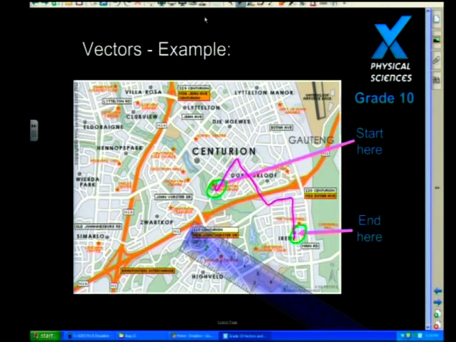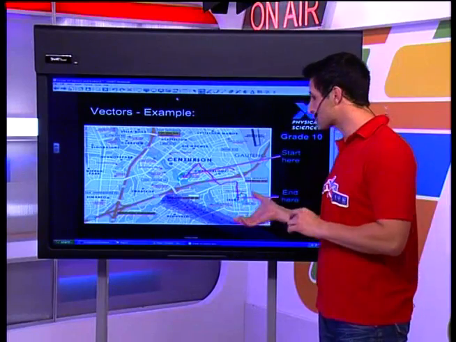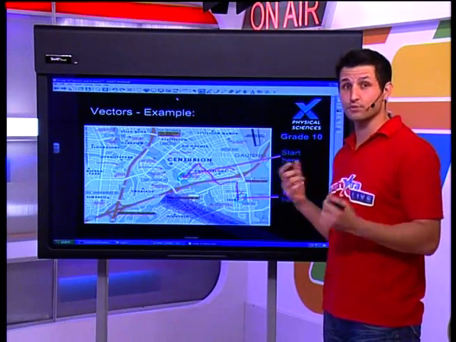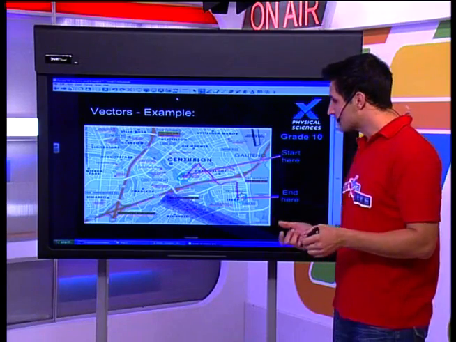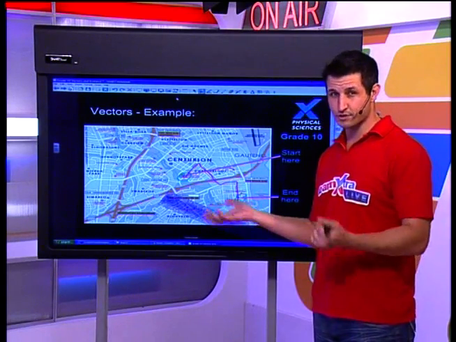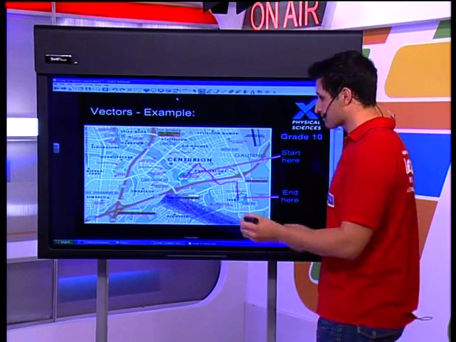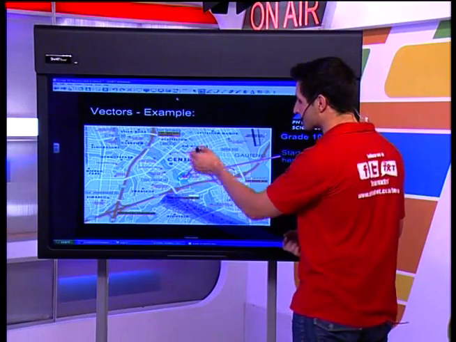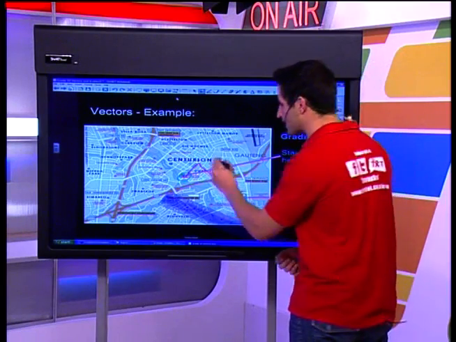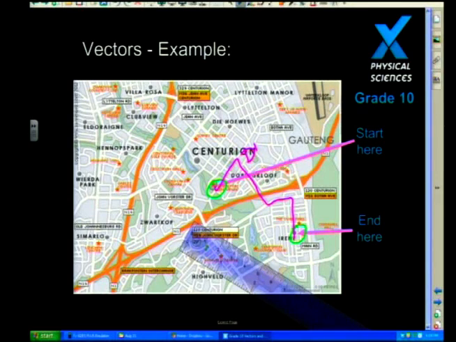And any of you with those fancy phones with the maps on can actually do this for you. A GPS can do this as well. It can trace out the actual route which I take. Now, I'm pretty sure that you can notice that there are several turns along the way and that I traveled a great distance. What I've traced out here with this pink or purple or magenta line is actually the distance traveled. This is the real world distance which I have now traveled.